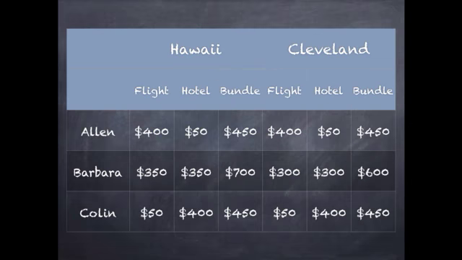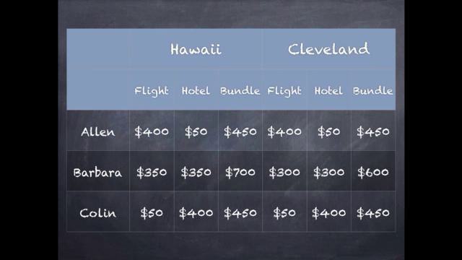So here is the table that is being recreated. Let's take a look at what they would set their pricing at. We'll take a look at each individual pricing. So for Hawaii, let's start at the lowest price for a flight. If they charge $50 for a flight, they're going to be able to sell to all individuals, right? Because Colin will willingly pay $50, Barbara was willing to pay $350, and Alan was willing to pay $400. So if they offer that flight for $50, they'll get 3 people to purchase it, which means 3 times 50